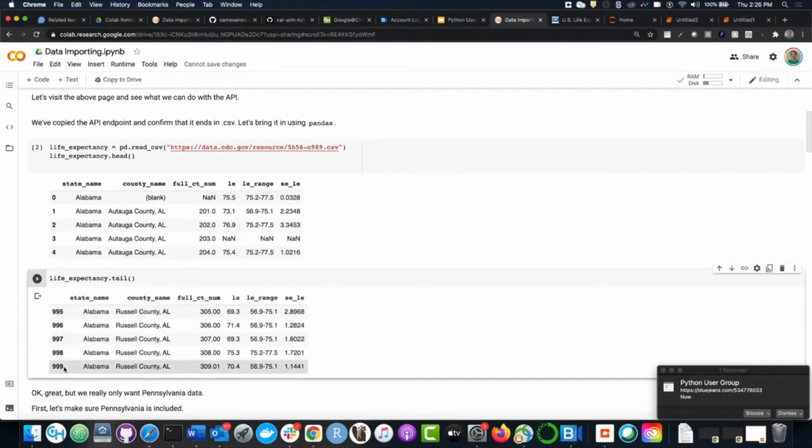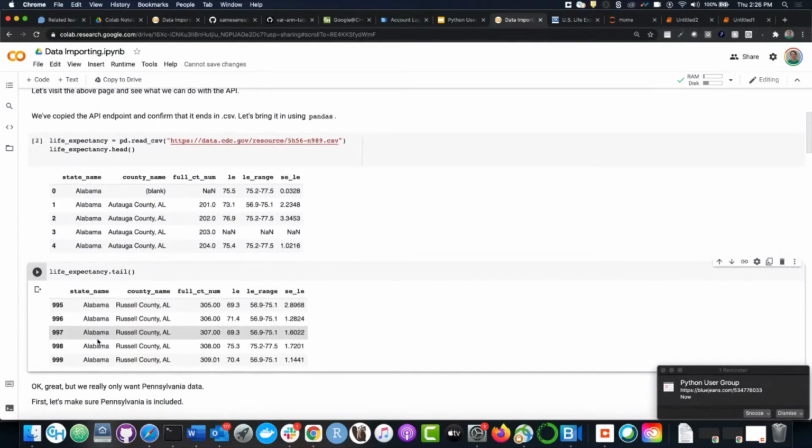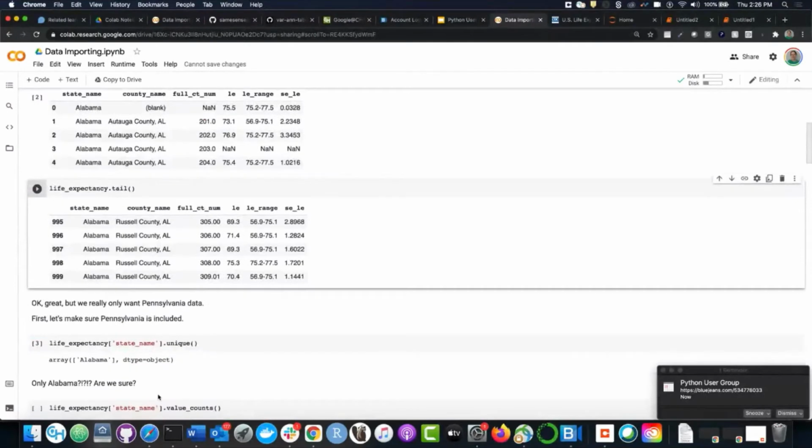It's still all Alabama. And what's interesting is it goes up to 999. And when you consider that Python starts counting from 0, this is 1,000. So this is an example of a specific API's behavior, is that this API will only give you 1,000 rows unless you state otherwise explicitly. This isn't true of all APIs, but it's true of this API. And its intent is to protect you so that you don't accidentally overwhelm yourself by downloading 5 million rows when you really only wanted 50.